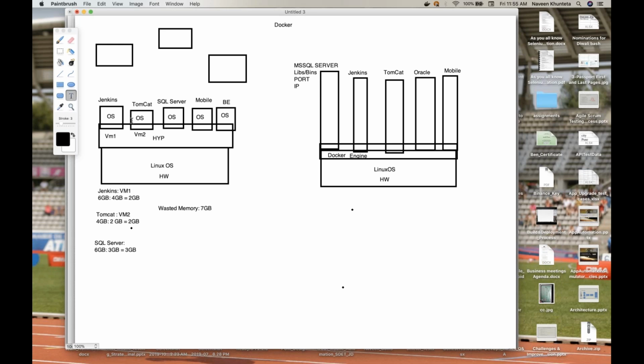Because these VMs cannot share the resources. Right? This VM is separate, this VM is separate. The extra memory which is available for VM number 1 cannot be allocated to VM number 2. Now, if you see the same concept over here, let's see, you have given